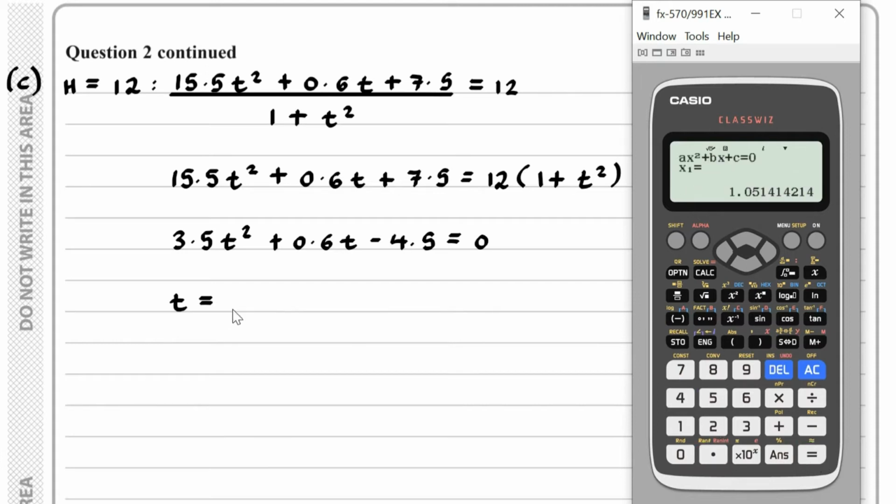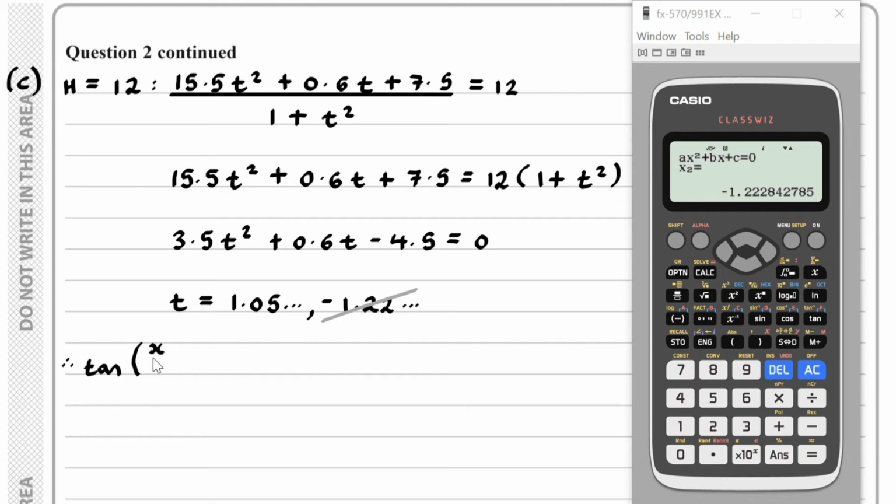And it turns out we get t equals 1.05, etc. Now let's store this into A. And the other value we get is minus 1.22, etc. Let's store this into B. So we would clearly reject this value here, and knowing that t is equal to the tangent of x over 120, we therefore have